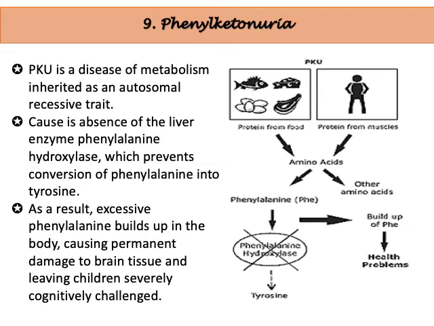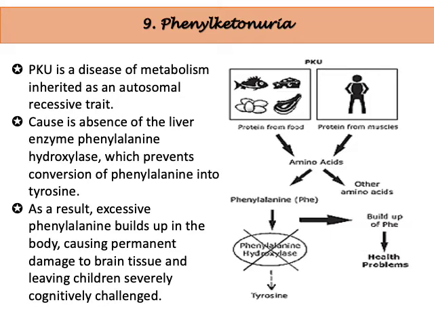Phenylketonuria, or PKU, is a disease of metabolism inherited as an autosomal recessive trait. Its cause is the absence of the liver enzyme phenylalanine hydroxylase. By the way, the last three diseases, PKU, maple syrup urine disease, and galactosemia, are all problems of different liver enzymes. Going back, PKU is the absence of the liver enzyme phenylalanine hydroxylase, which prevents conversion of phenylalanine into